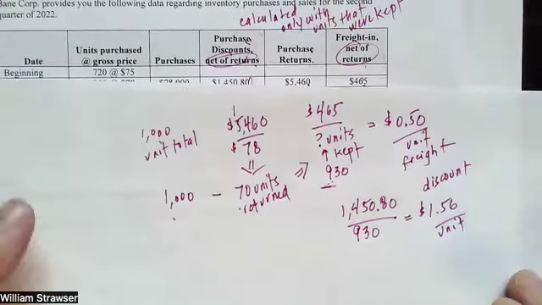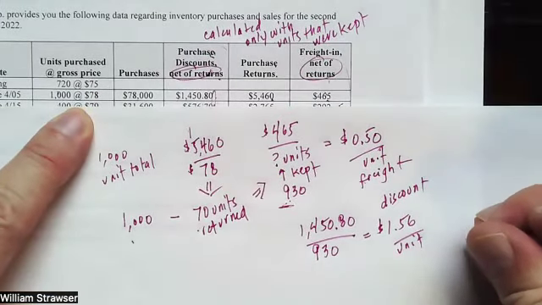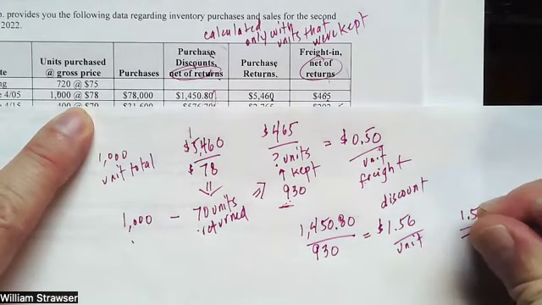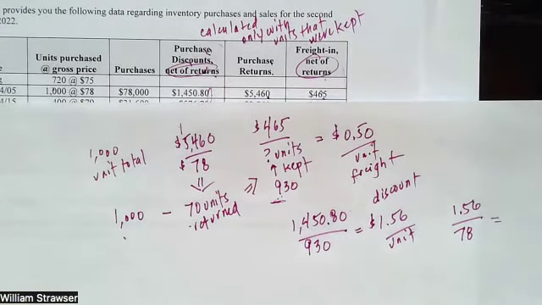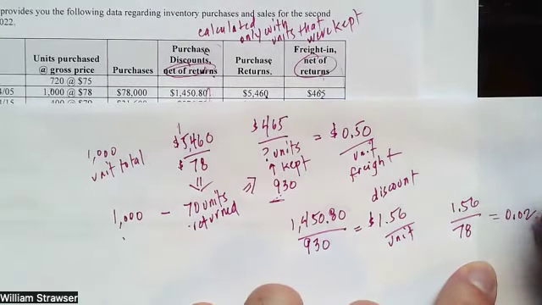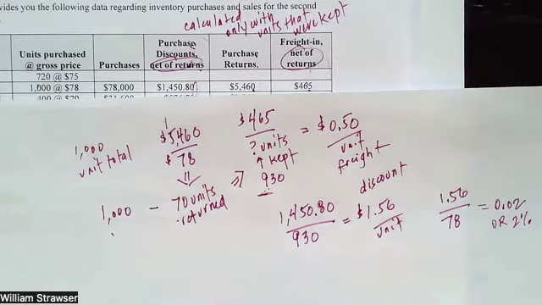And since that's per unit, just compare that to the main price, which is $78. And you can calculate what percent this is, which should be 2%. Yep. Okay. So you can figure out these things and work backwards. I recommend you get a little conversant with these tables and see how it